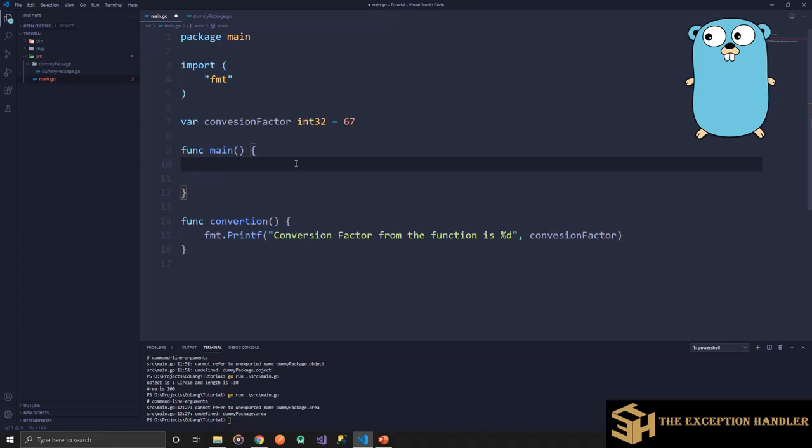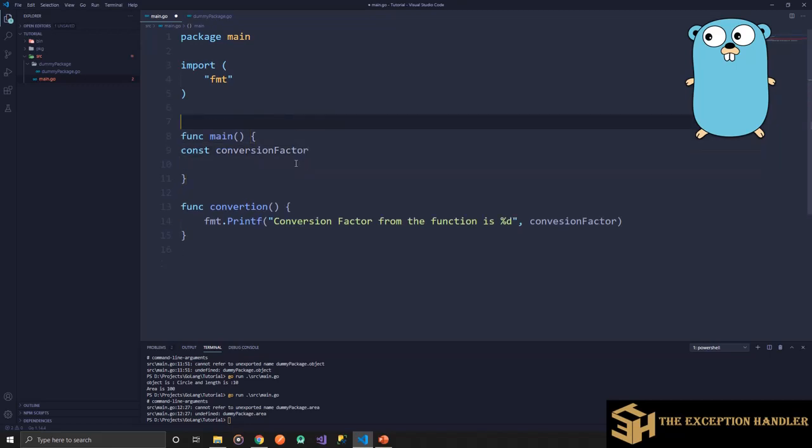In explicit, we use the word const, the variable name, for example, conversion factor, and I'll remove this at package level because we don't need it for now, int32, and assign a value of 89.